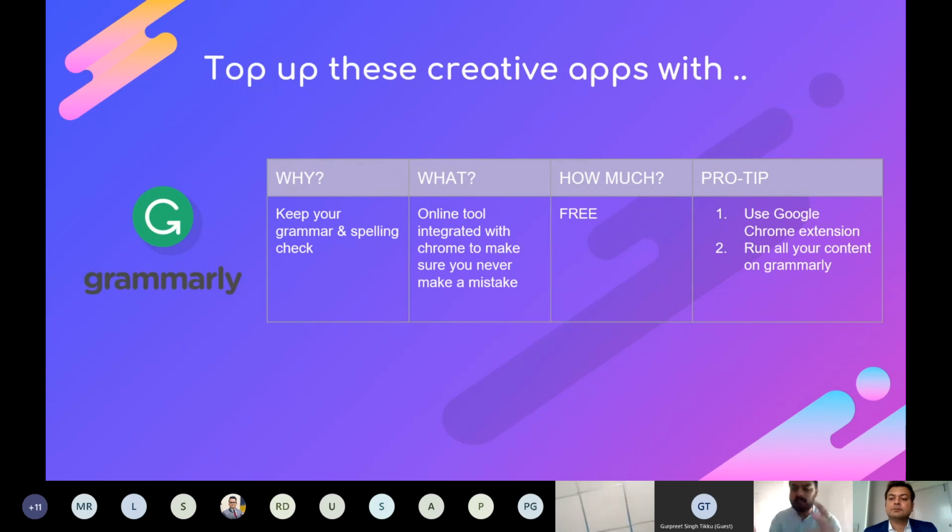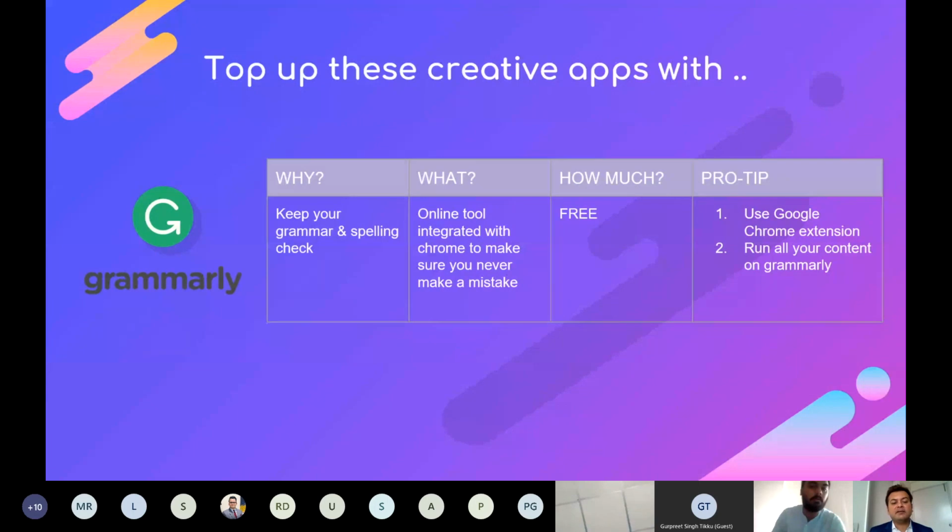If I'm working with a Le Meridien, it's about the culture and the discovery aspect. So in those advanced settings, you can even mold it around that. So I know that if I'm writing a copy, I can check whether it's sounding like a JW copy or not, or like a Le Meridien copy or not. So I think that's really crazy about Grammarly, which a lot of people haven't really explored.